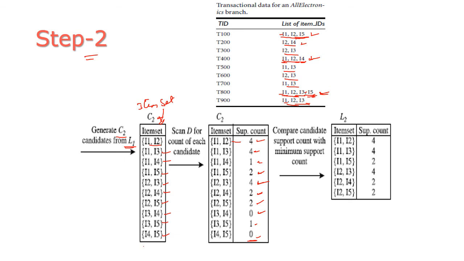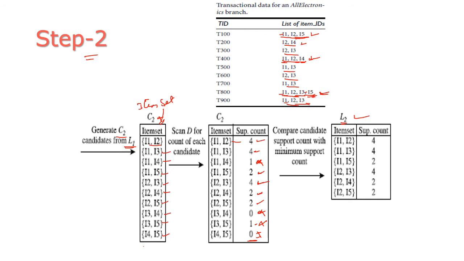From this we have to select only the candidates whose support is at least 2, so we remove 1,4; 3,4; 3,5; and 4,5. The remaining items are taken for the level 2 item set.